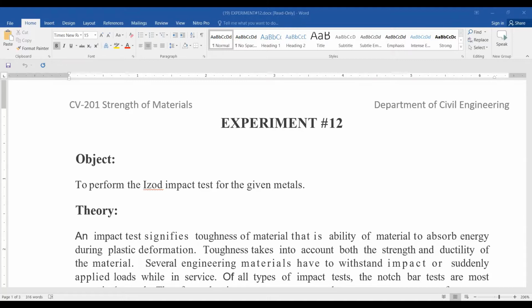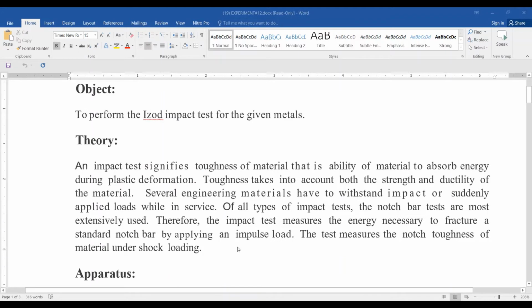We are doing an impact test over different materials like copper, steel rod and other materials, and you can also use stainless steel. It's up to you if you want to test five or six different types of materials. After that, when you get your readings, you can make a histogram for that.